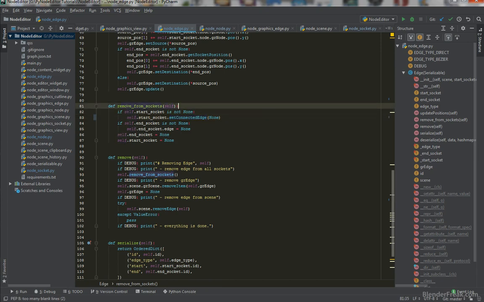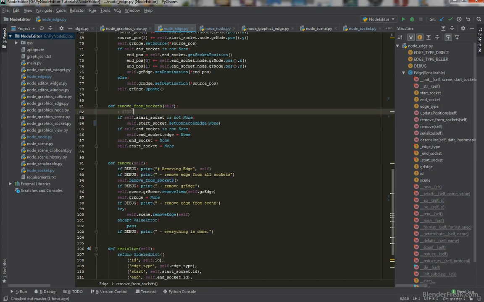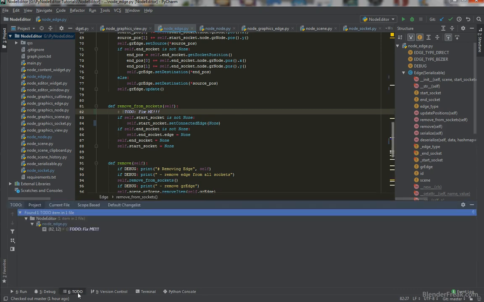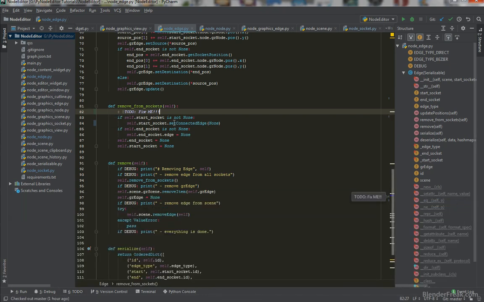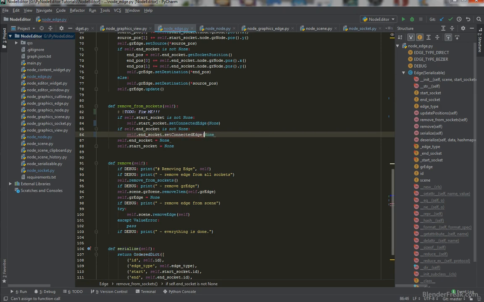So in this case, I'm going to write a comment here to fix me, because there is an awesome feature here in PyCharm. Here is a to-do list, and as you can see here we got a list of to-dos we need to do because we just wrote this comment here. So do not forget about this one. I'm just going to rename this also,